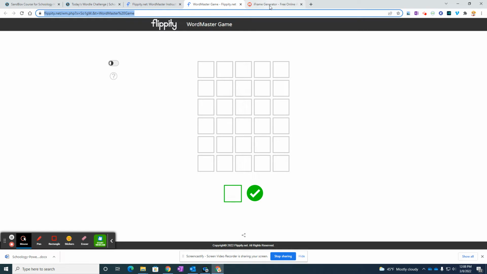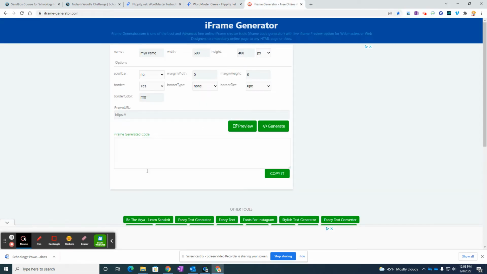So what I'm now going to do is pop over to a website that generates HTML coding for a website. And please don't be alarmed or intimidated by this, because you don't have to know anything about coding in order to do this. I really don't know anything about coding myself. So I went to a website, it's called